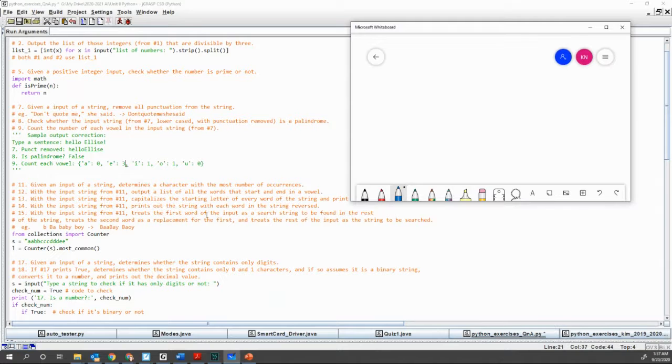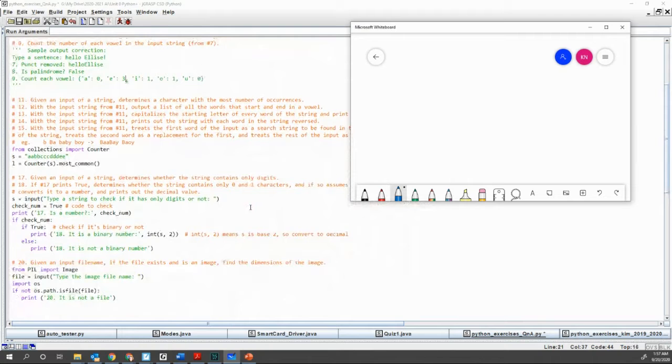Then number 11, 12, 13, 14, 15. Can I use the collections module and the Counter method? Yes, you can use the Counter method. Counter has a very helpful method, which is most_common. It means when you pass the string, then call the most_common method, it's going to return the list of most common